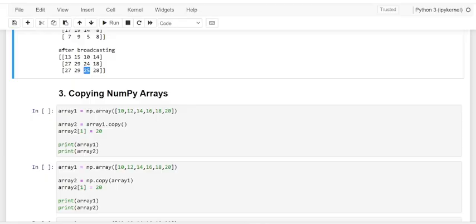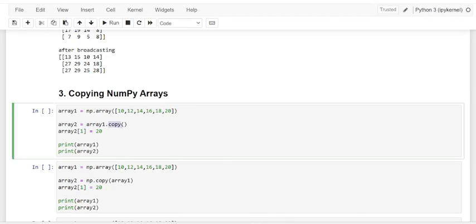To copy the content of the original array into a new array, you can call the function called copy of the original array. Now, if you modify the content of the new array, the content of the original array is not modified. That is the main thing about the copy function.